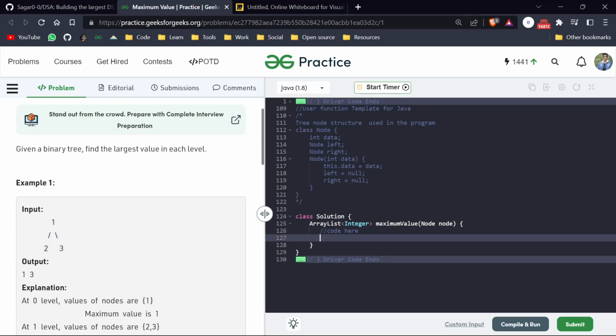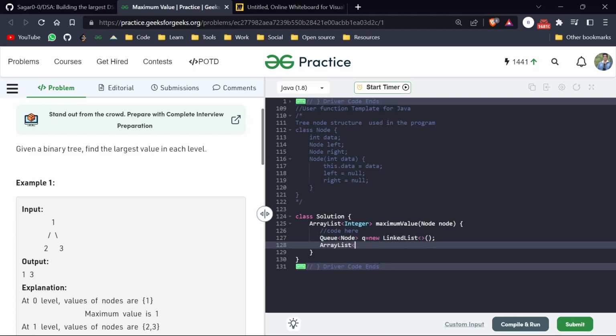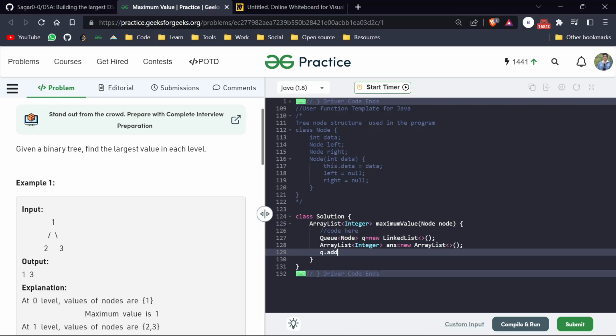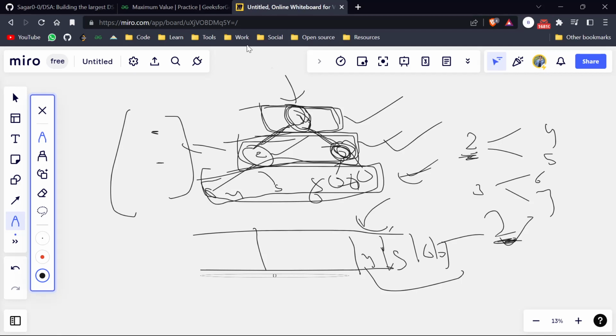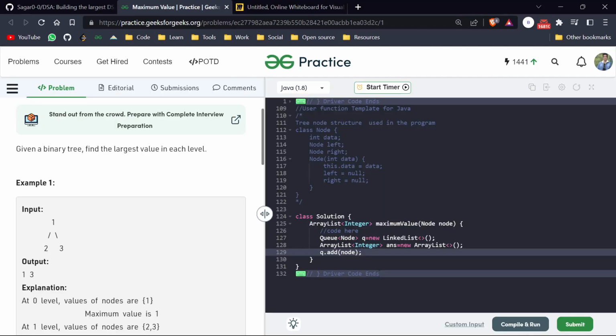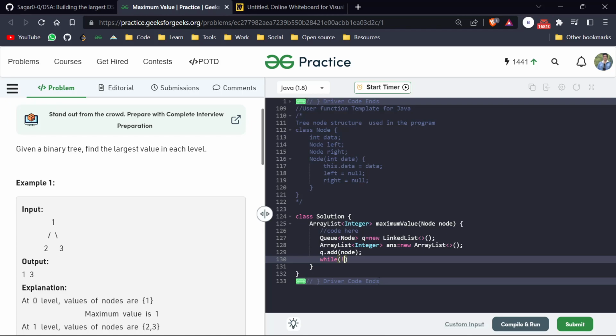So first of all, we will create a queue here, queue of node, because we also have to add children of some value. So we will just create a linked list here. And we also need an array list for our answers, integer answer. And after that, we have to add our current value, the head node, root node of this tree in our queue, because that is going to be our first level. So after that, while our queue is not empty,